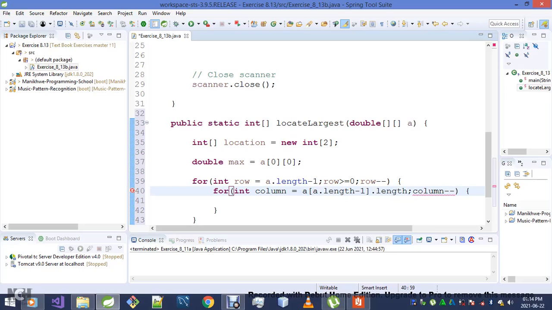Oh damn. Why is this thing no longer working? Okay, so it's column greater than or equal to 0, and as long as that is the case,